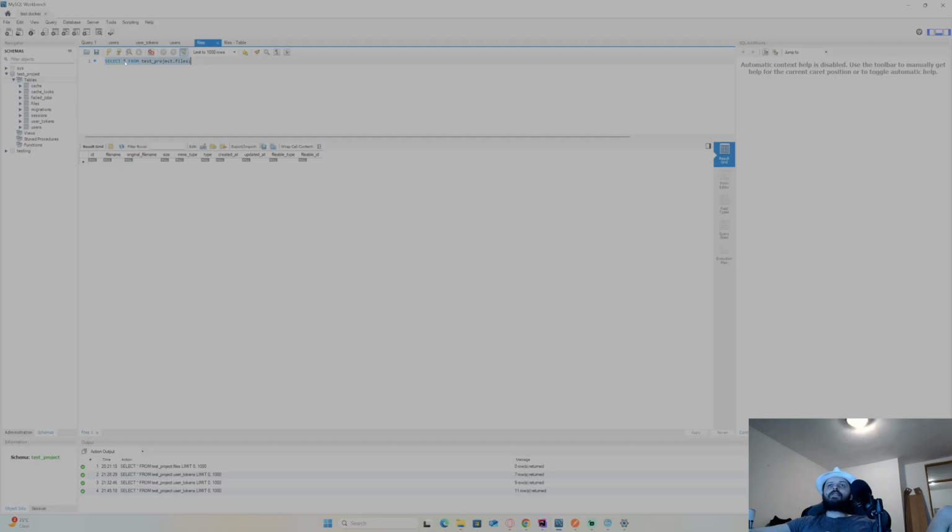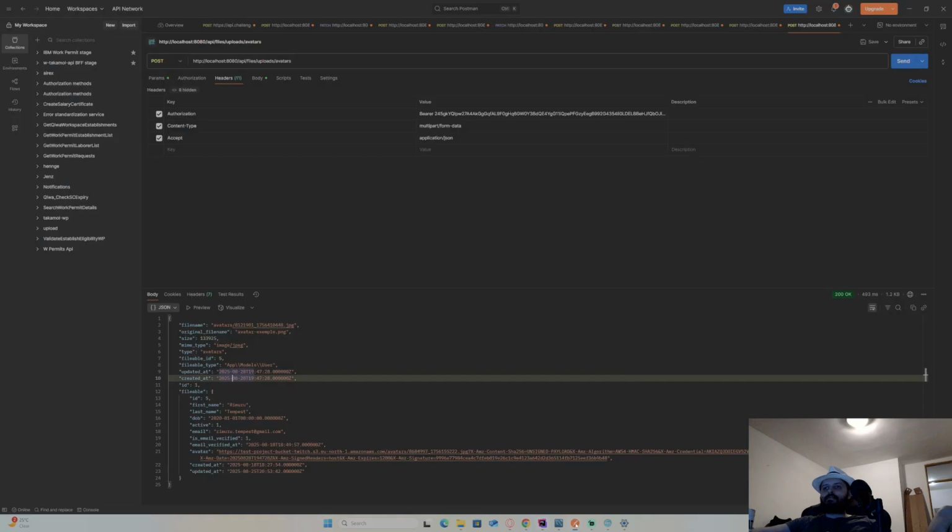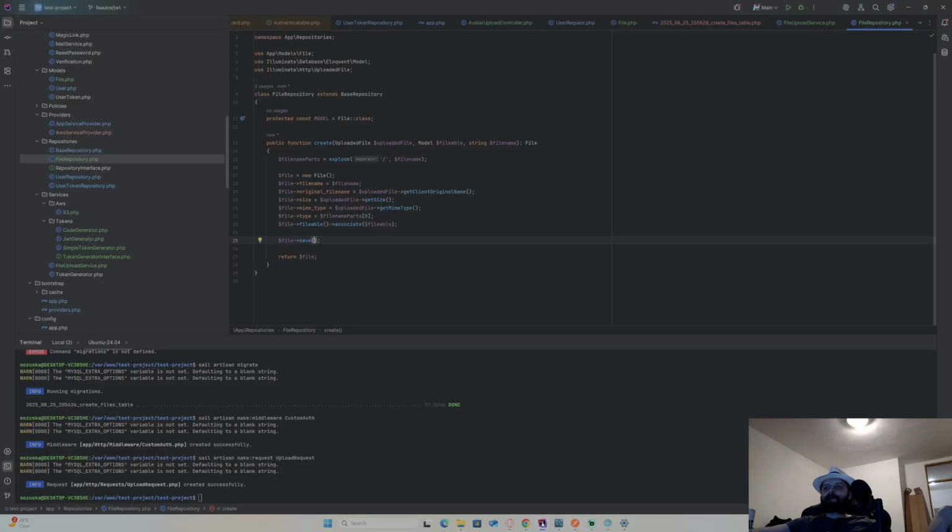Files. I have only one file in the database at the moment. I don't. Did I forget to put save here? No, I didn't. So file should be saved, which means it was rolled back. Which means AWS probably failed for some reason. Let me just check here.